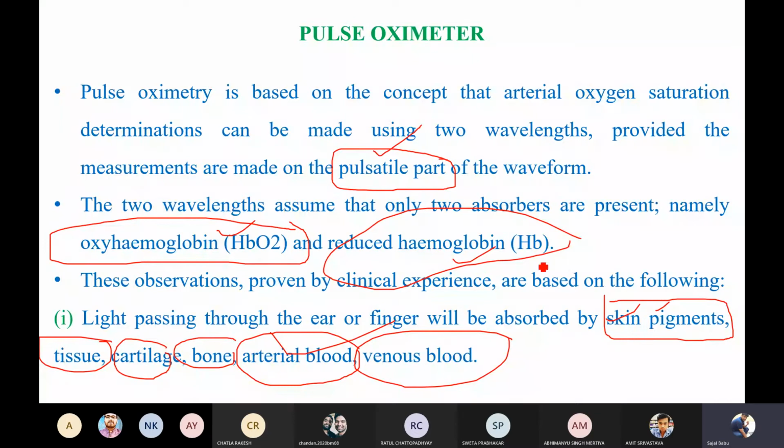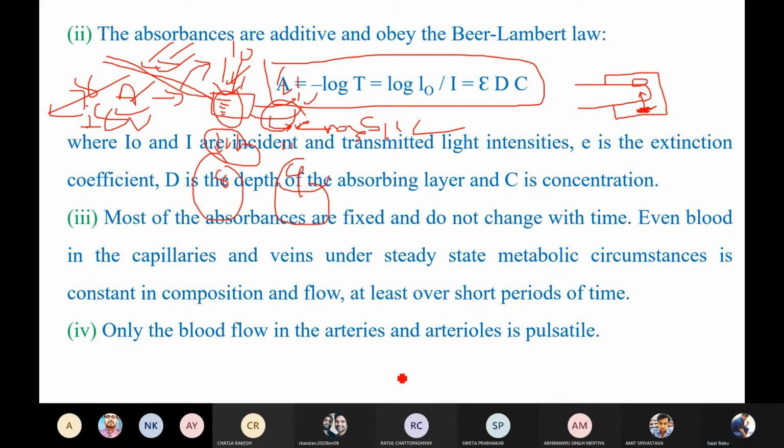And what is the pulsating part? That means at the receiver end, the light that you are getting will pulsate. It will not be a constant value, as it is in the remaining tissues, but it is not going to have a constant value in your arterial blood. So the oxygen saturation which the pulse oximeter usually measures will be the saturation of the blood available in your arteries. Have you understood till now? Yes, sir.